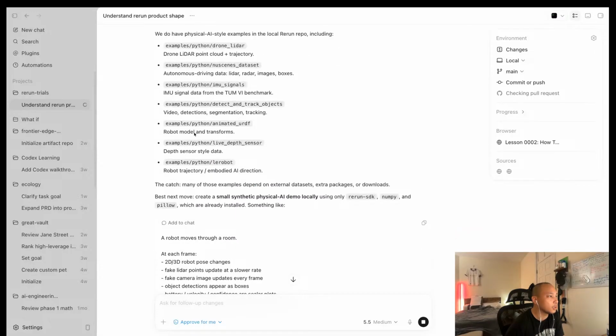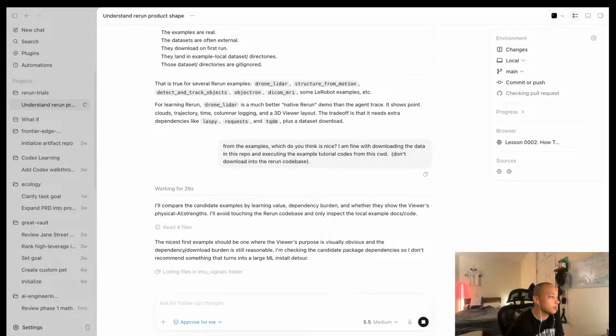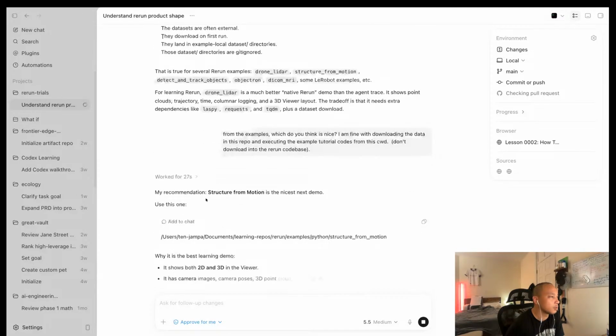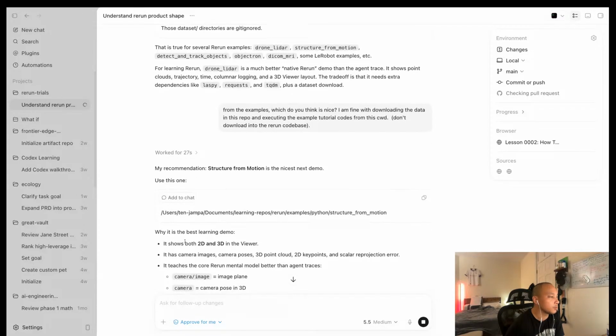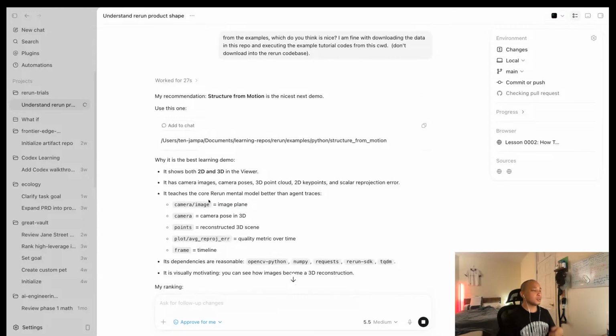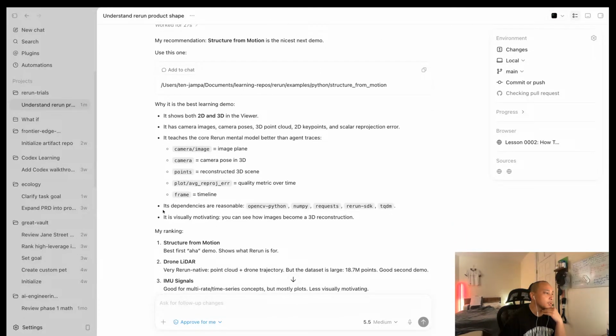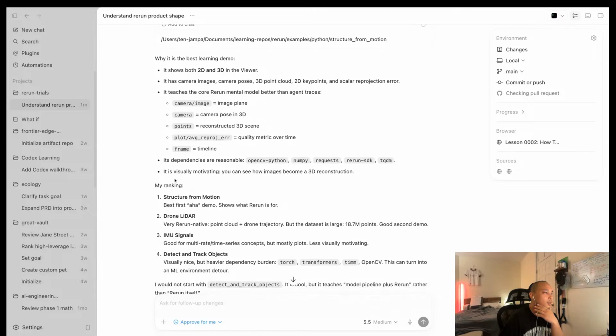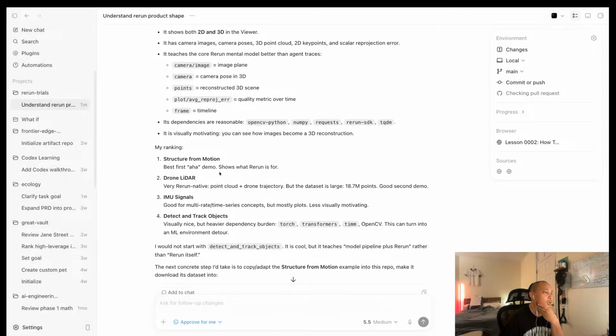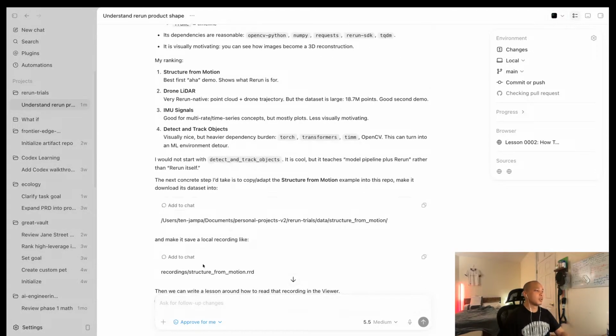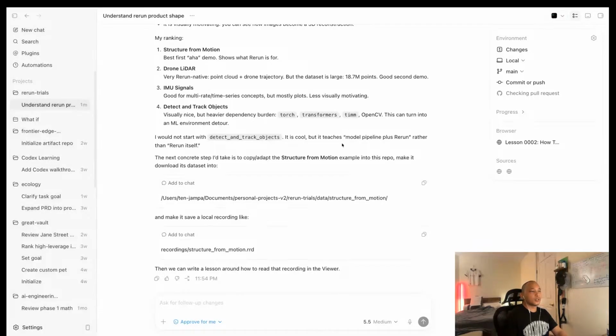It looks like they are all the same. It's cool, but it teaches model pipeline plus Rerun rather than Rerun itself. The next concrete data is text, so we'll make it good.